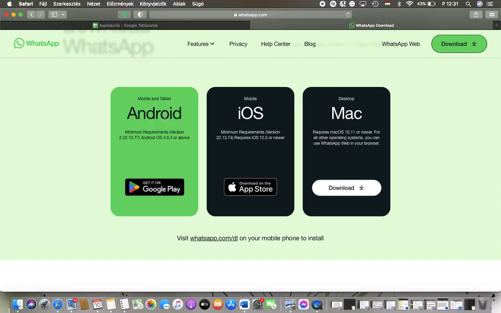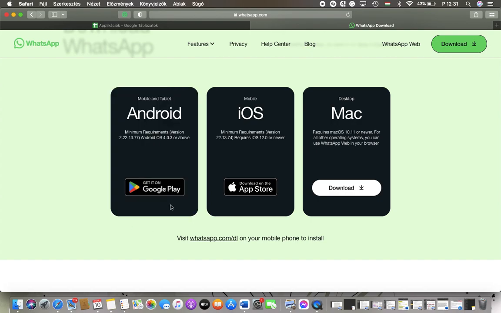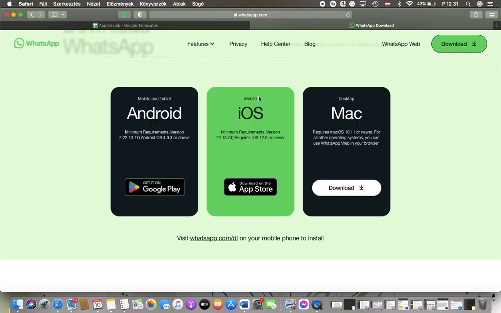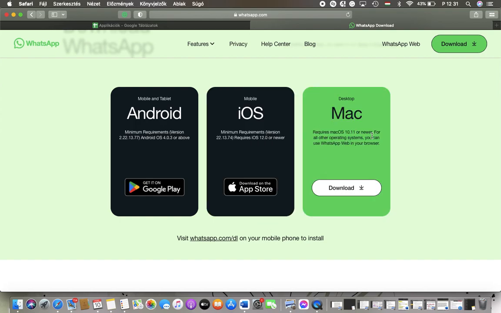So if you would like to download it for your Android mobile or tablet, you should select this first option. If you would like to download it to your iOS phone, tap on the second option. And if you would like to download it for your desktop Mac laptop, you should tap on the download button